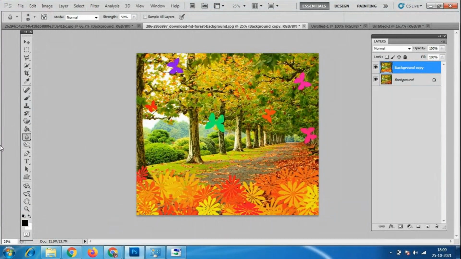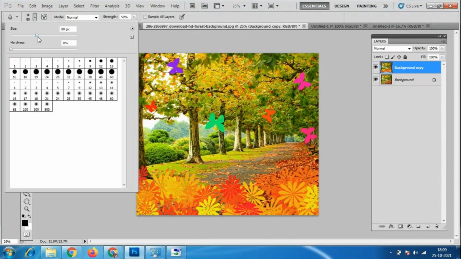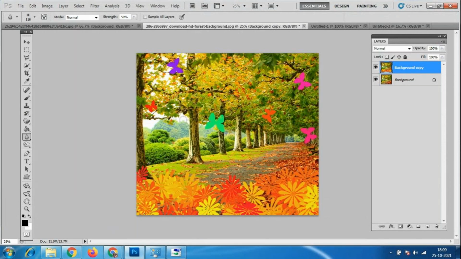Okay, next we'll go for the blur tool. You people already know. Again, it works with this kind of background, the brushes over here. We can increase the brush size on the flower background also. I'll make it blur here, strength 50%. Okay, we can give 100% also. You already know, no need to struggle here because it gives a very small amount of blur.